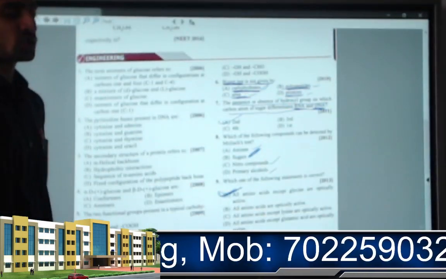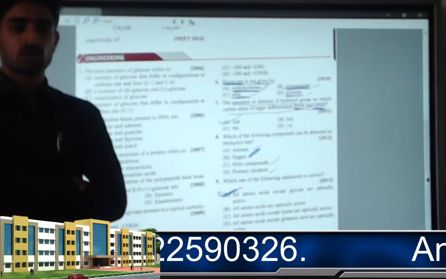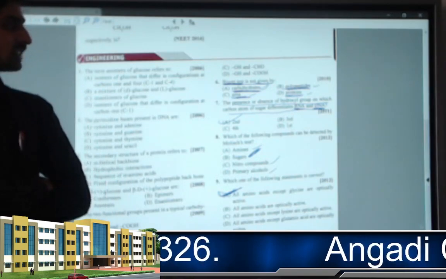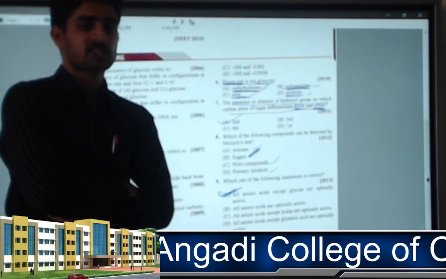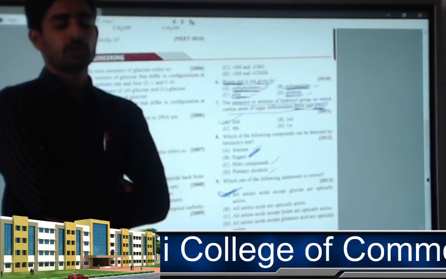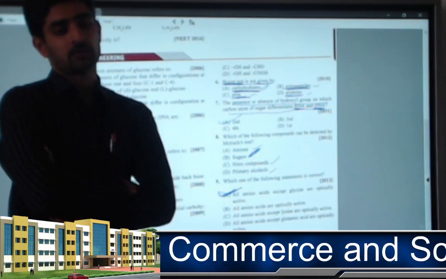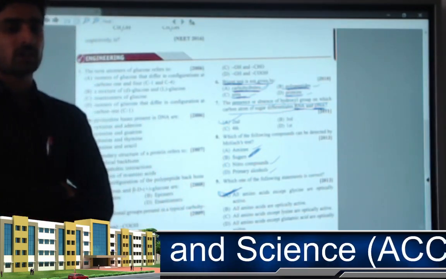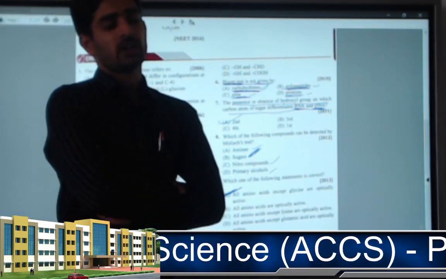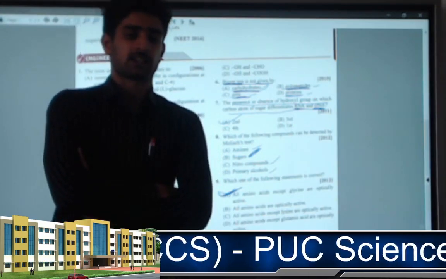So these are the questions that have appeared from the biomolecules topic. I have discussed all the questions that have appeared in the exam. In the next class, I am going to start with a new topic and bring some more questions on the new topic. This completes your biomolecules. The remaining questions available in your book, you can solve those.